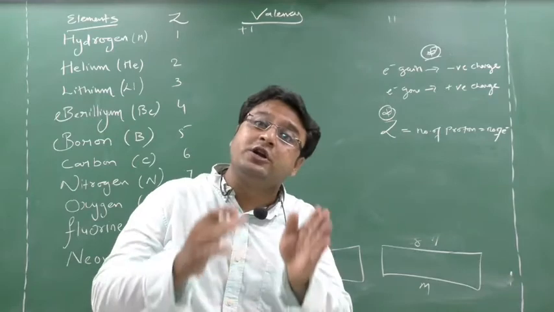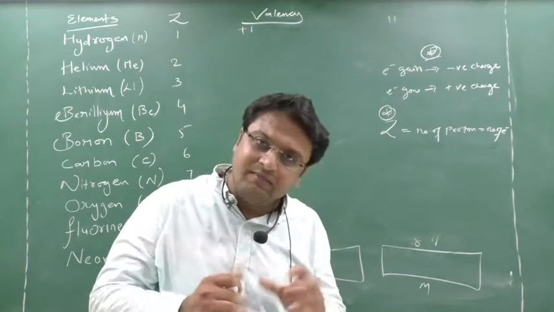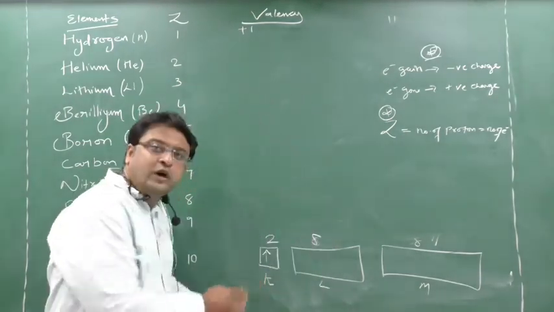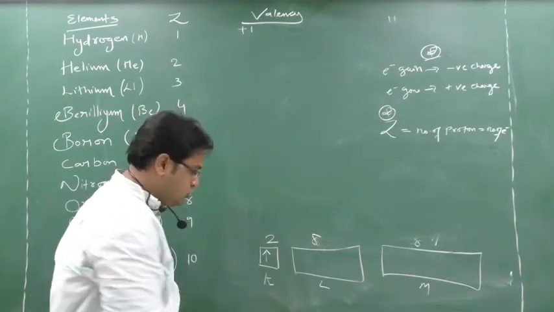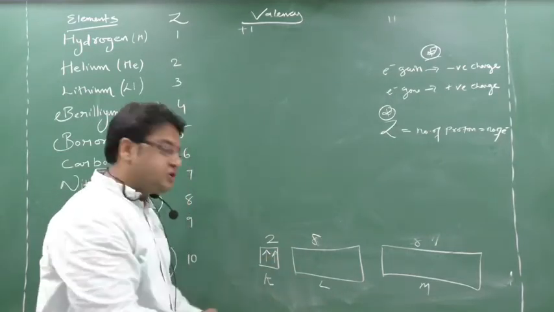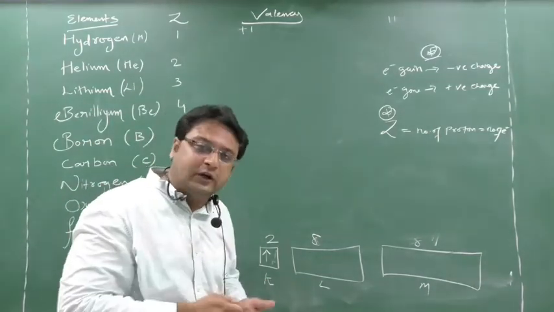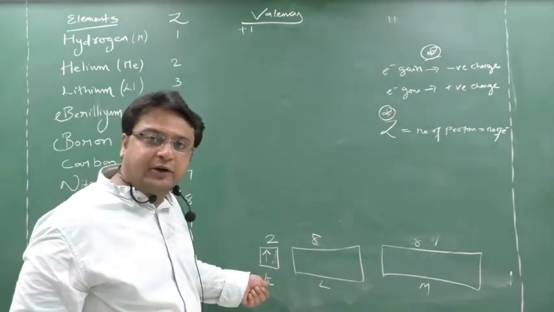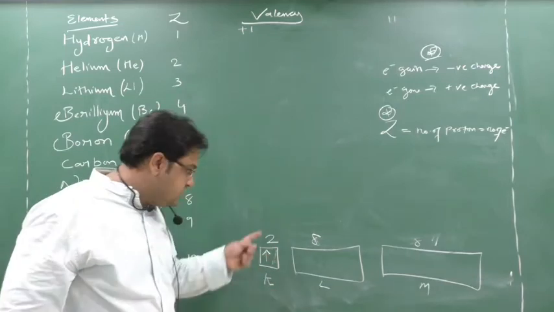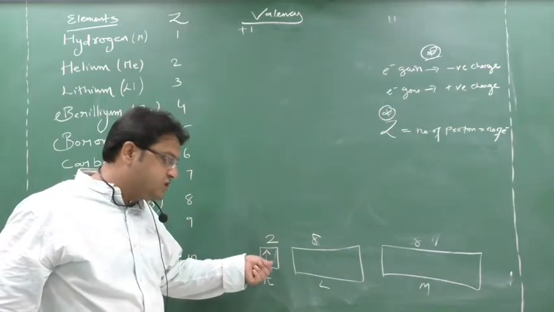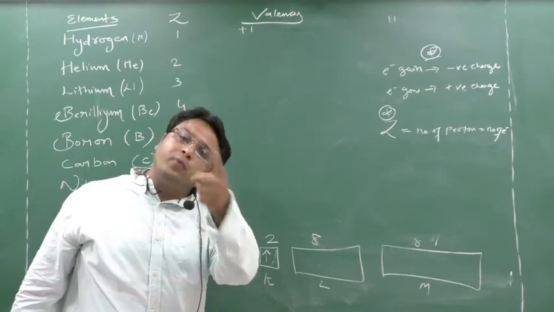Suppose hydrogen requires a room. It is very compulsory. So what will hydrogen do? He will bring 1 more electron to make 2. Suppose hydrogen is capable of finding 1 more electron. So hydrogen gains 1 more electron. How many electrons can hydrogen gain? It can gain only 1, because in the room only 1 more is required. So hydrogen will gain 1 more electron.